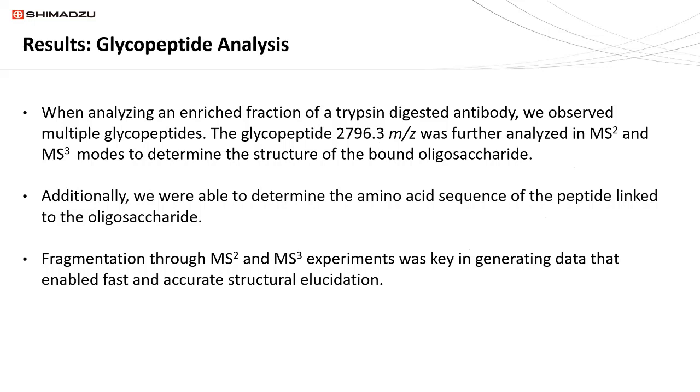And so basically, just to give you a summary of the results, when analyzing an enriched fraction of tryptically digested antibody, we were able to observe multiple glycopeptides. And then we obviously analyzed one peptide further, the 2796, and that was analyzed by MS2 and MS3 in order to determine the structure of the bound oligosaccharide. Additionally, we were able to determine the amino acid sequence, which is pretty important for determining where the linkage is. And then lastly, fragmentation through MS2 and MS3 experiments is key, generating data that's fast and accurate for structural elucidation. And we demonstrated that with both the N and O linked